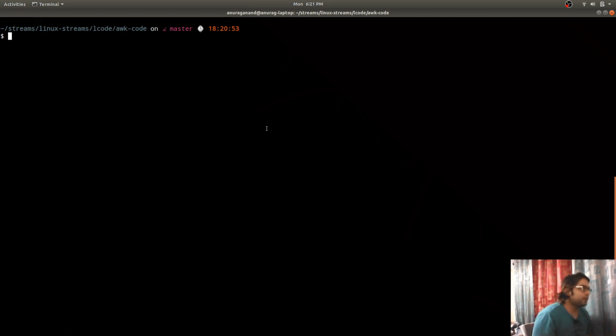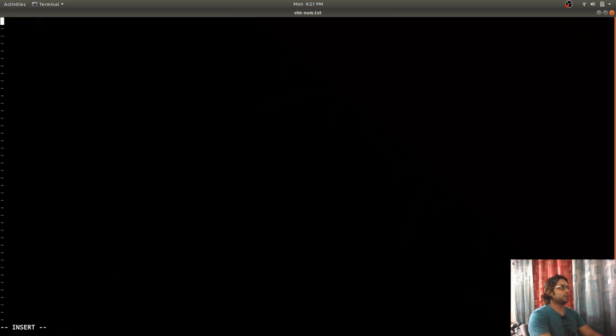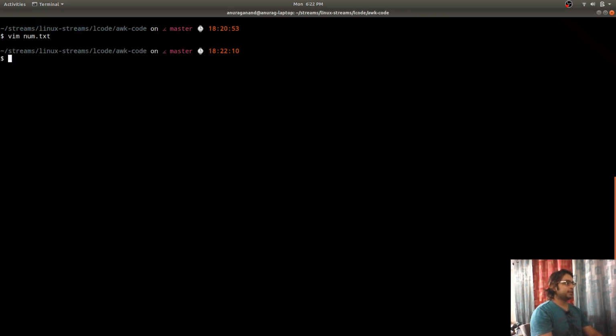So if we have a file that has a field that has integers, for example, 121, 12, 10, 1900, 2000, 200, 210, 21, 21, 9999. So we have a file like this and we want to find the maximum integer in that file.